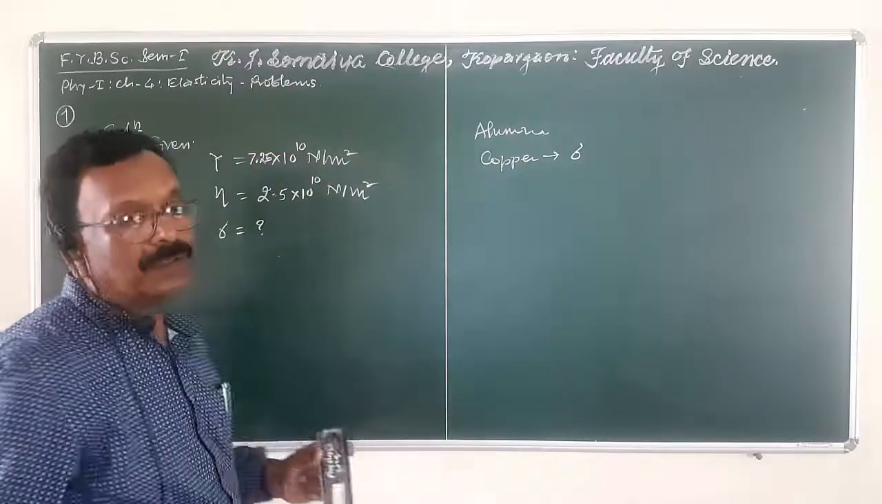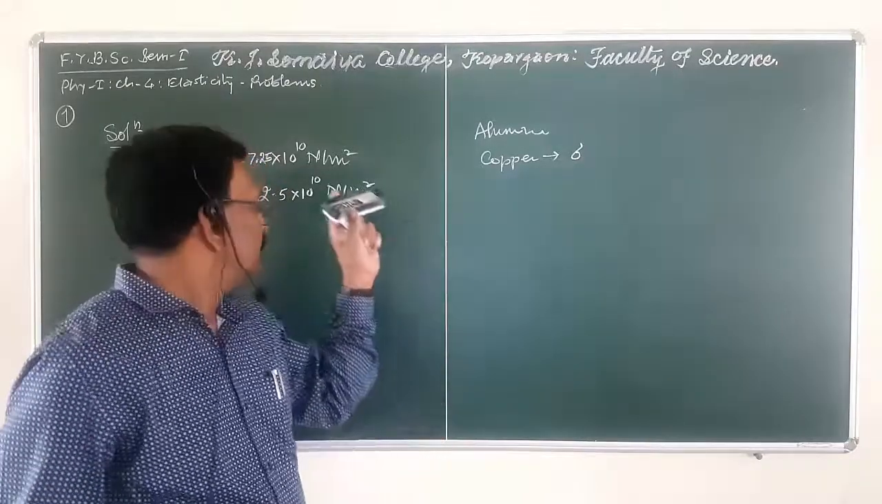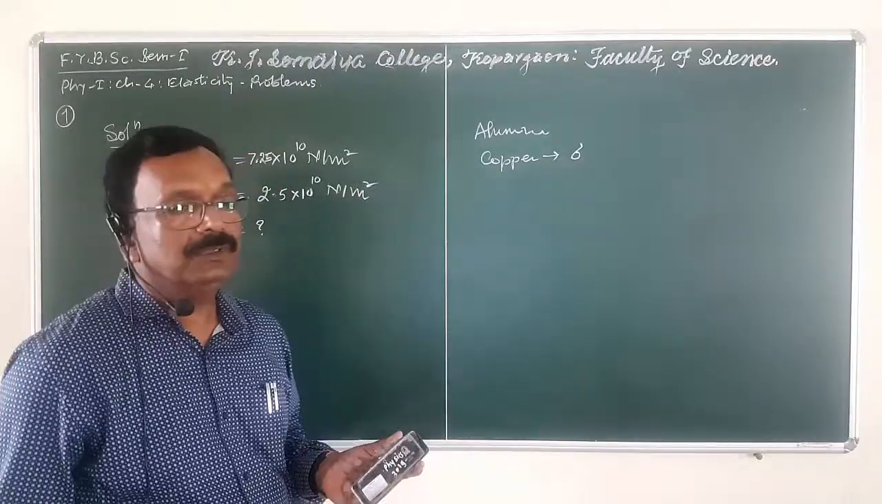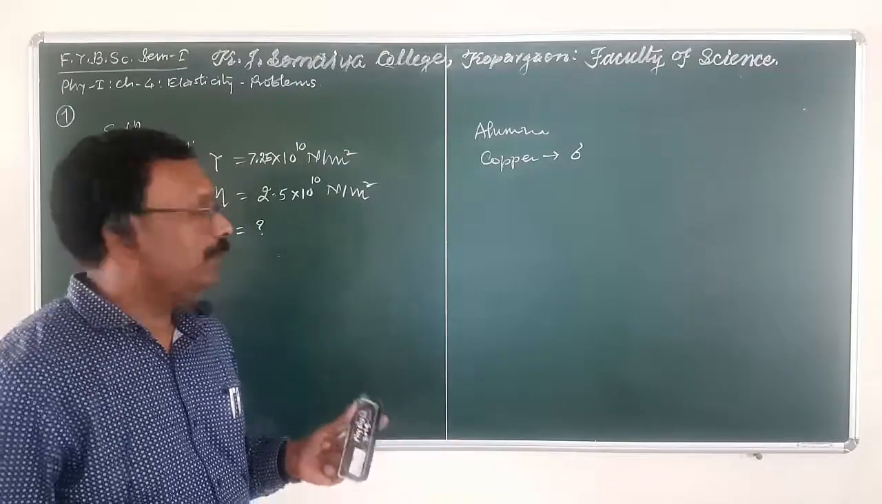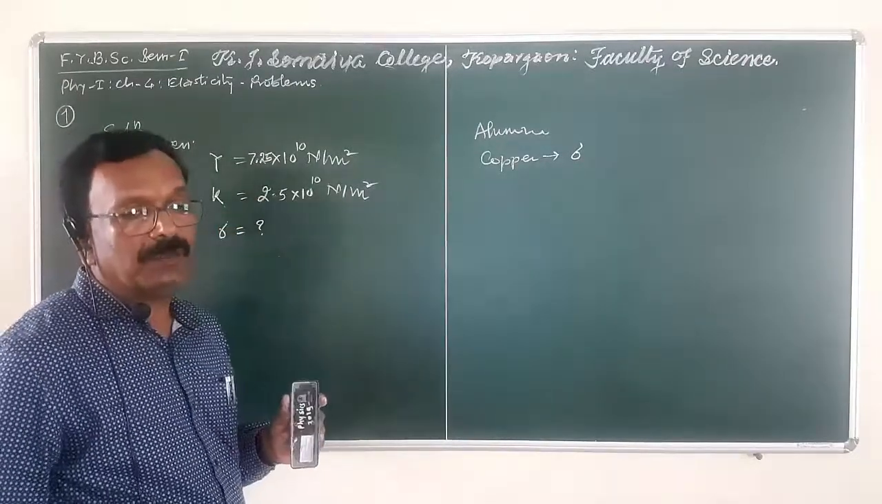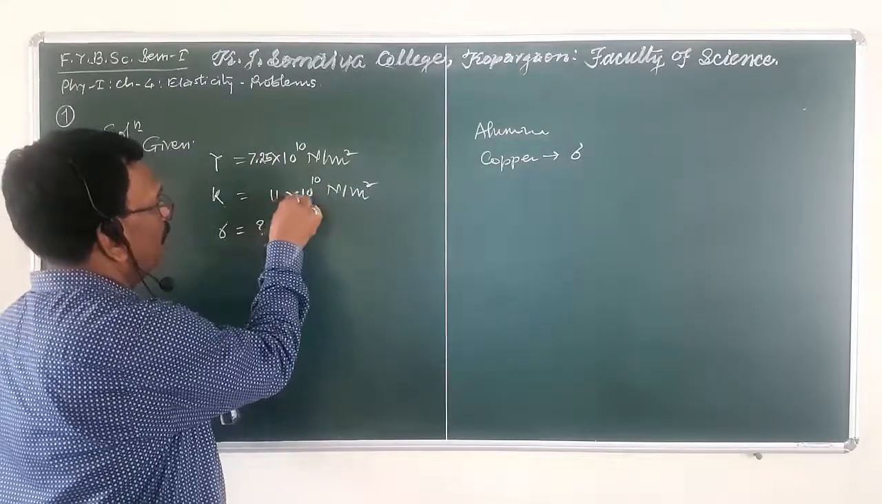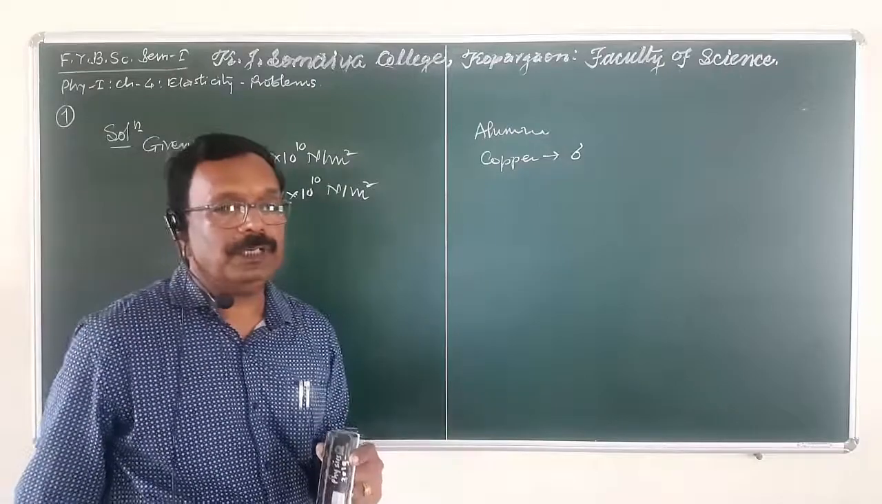7.25 into 10⁻10 Newton per meter square is the Young's modulus of this problem, and instead of modulus of rigidity we have the bulk modulus given, which is 11 into 10 raised to 10